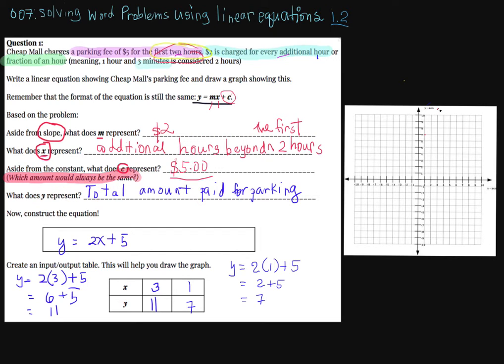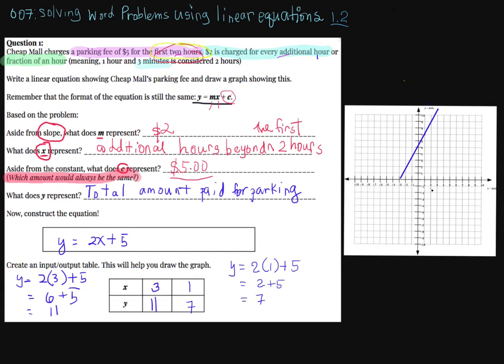So you have two coordinate points. 3 and 11, 1 and 7. Okay, so now let's put in our straight line. Let's make that a different color. Once you put your line here, once you have your line there, pretty much you can determine